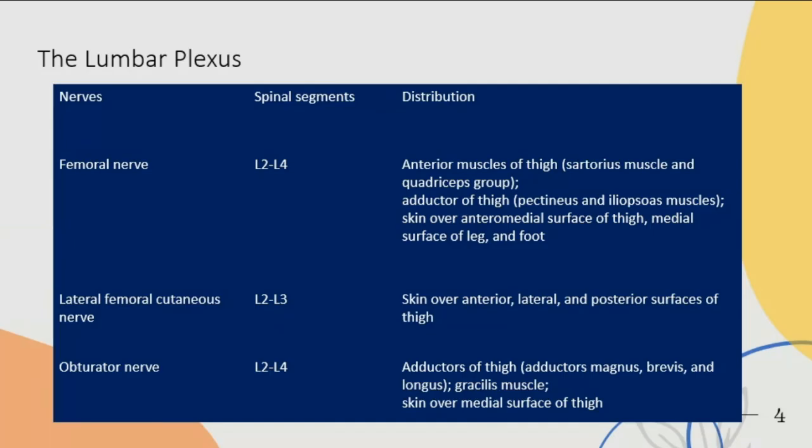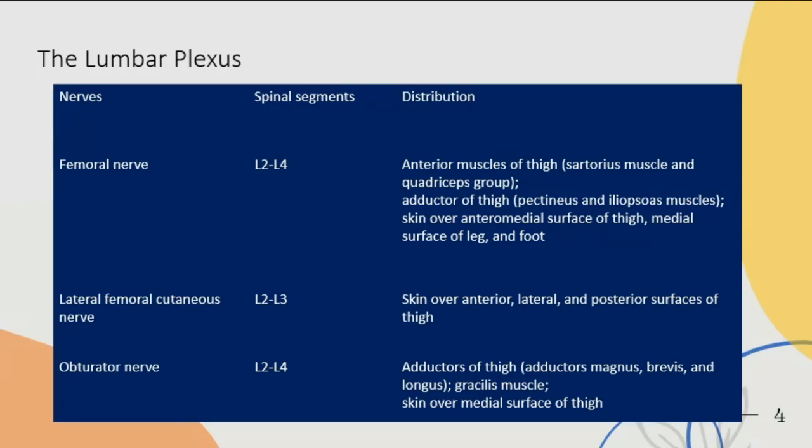Femoral nerve is contributed by L2 to L4. Distribution, it's a mixed nerve. It has a motor innervation and a sensory innervation. So motor supplying the anterior muscles of the thigh, which include the sartorius muscle and the quadriceps, and adductors of the thigh, including the pectineus and the iliopsoas muscle. And sensory is to the skin over the anterior medial surface of the thigh, medial surface of the leg and